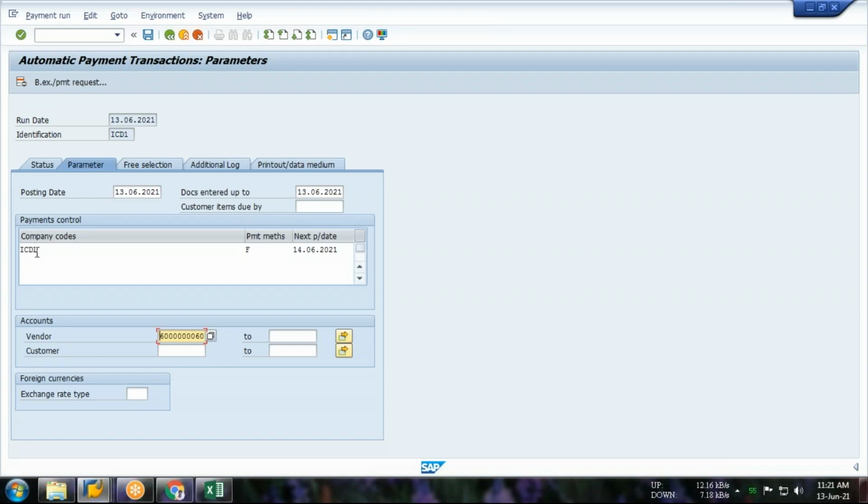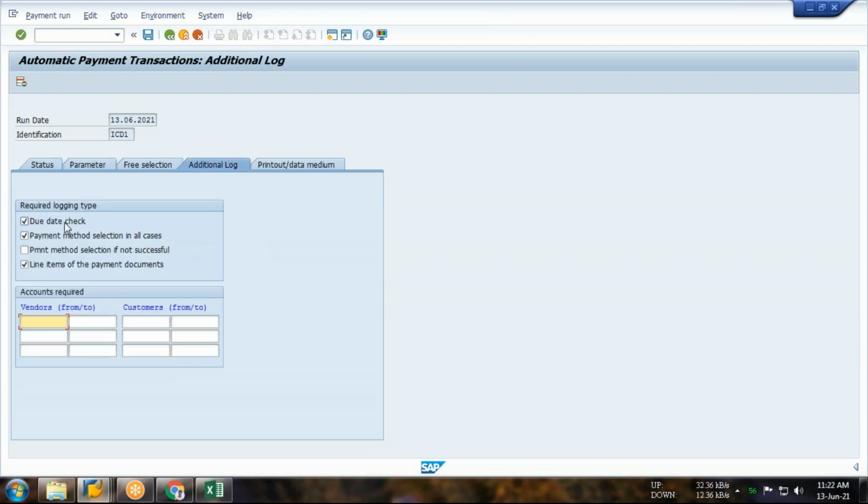You have to put your company code, the payment method which you have configured at the time of configuration of the automatic payment program, and the next payment date. So I'm selecting the next payment date 14 June 2021, and the vendor to whom I'm going to make the payment, 660 is the number. Now come to the additional log. You have to select the 1, 2, and 4th option, and you have to save it.